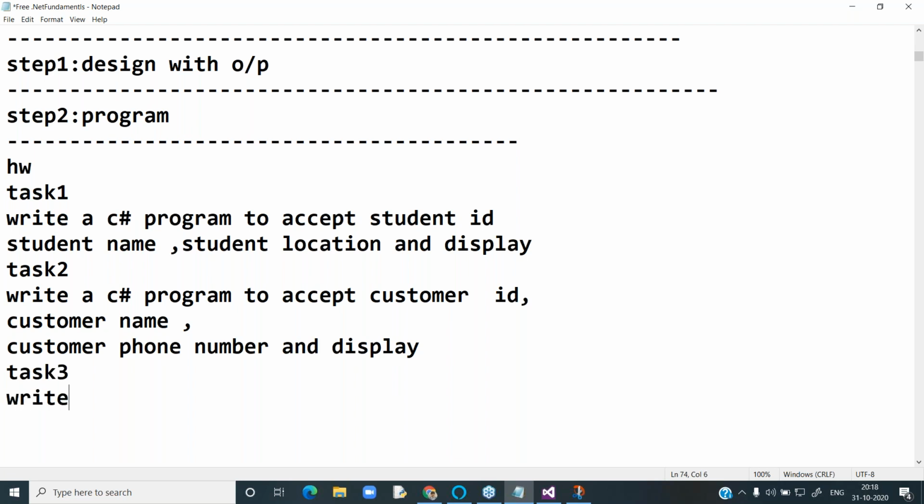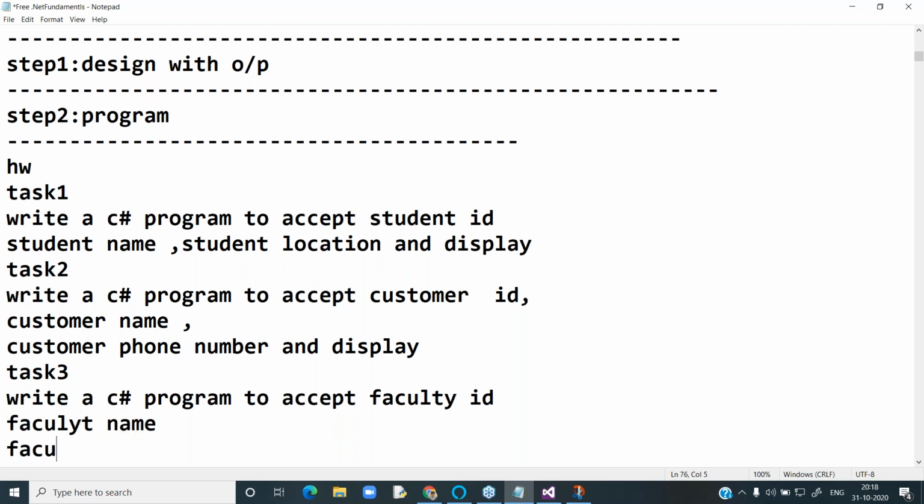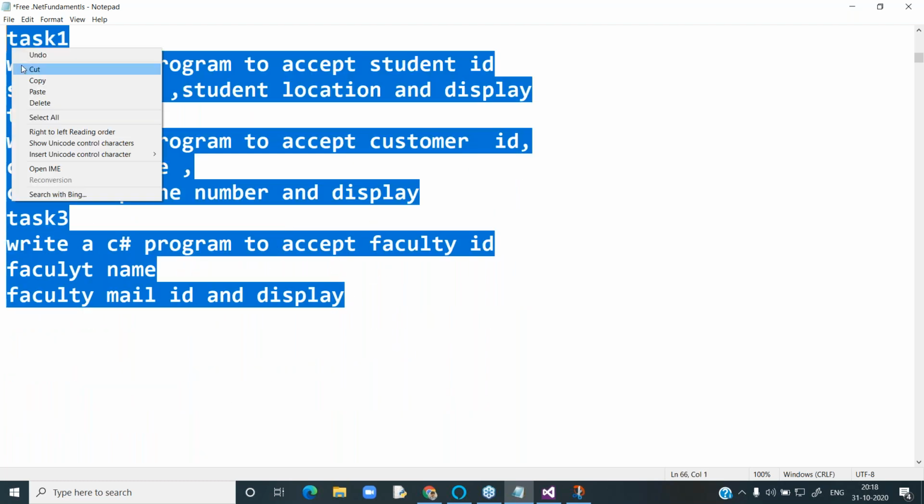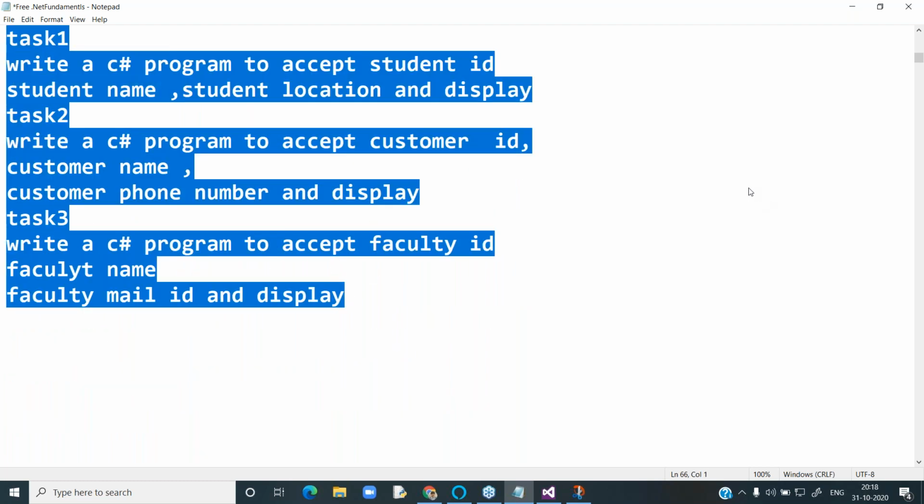Task 3: write a C# program to accept faculty ID, faculty name, faculty mail ID, and display. So these 3 tasks you should do, all of you.